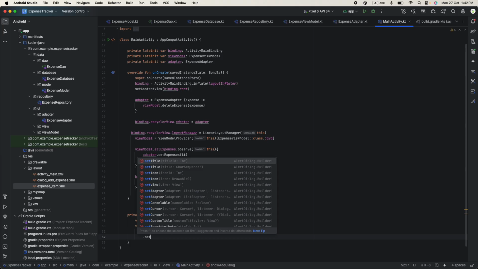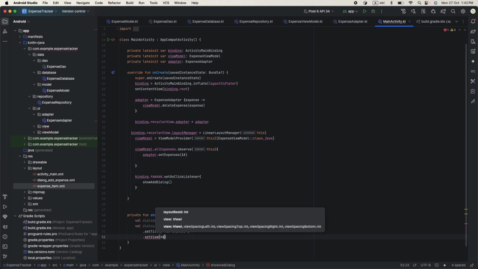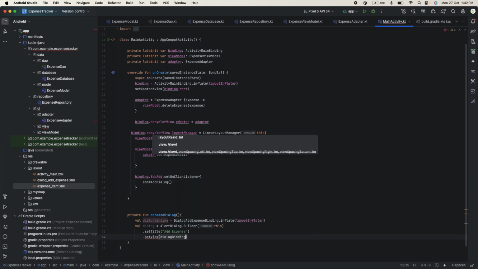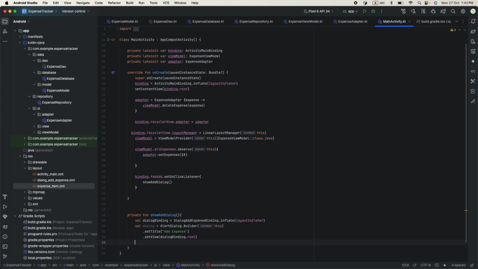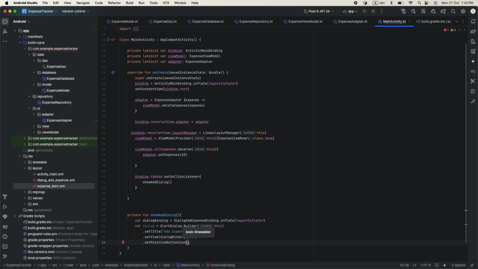Then setView(dialogBinding.root). So we set the view, and then setPositiveButton, not the icon button, we say Add, which should do